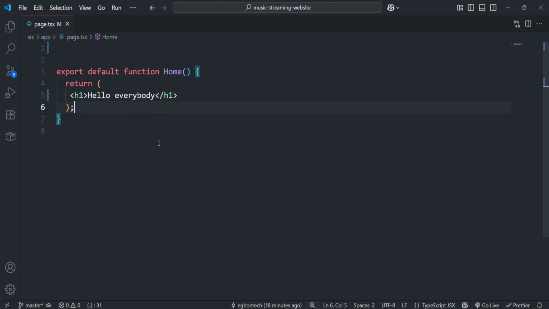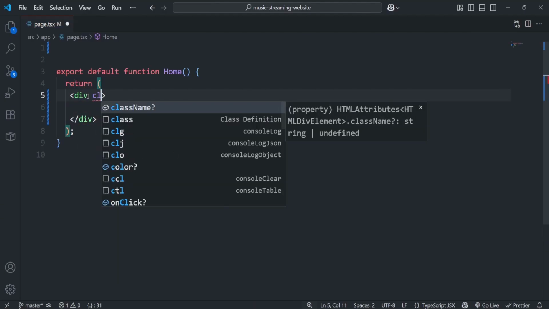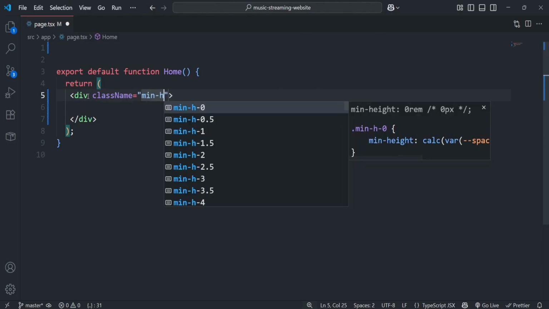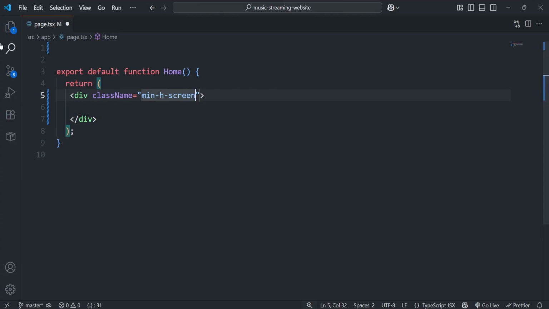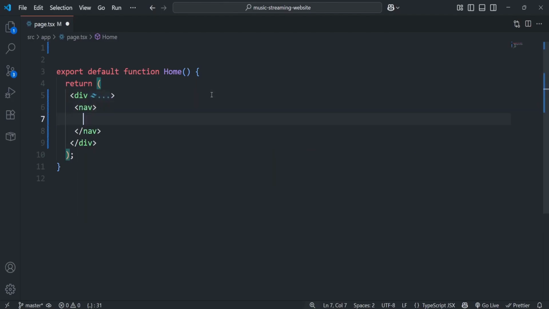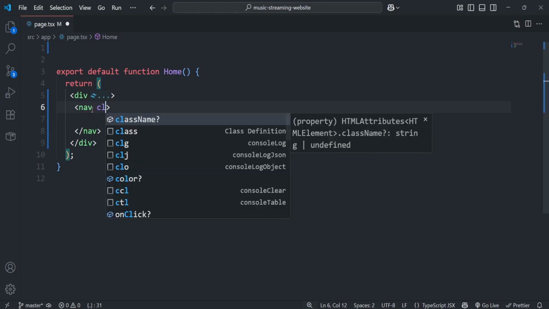So I'll close up this left sidebar. And inside this return statement, I'm going to create a div. This div, we're going to give this div a class of min-h-screen. And this is basically a minimum height of 100vh in CSS. And inside this div, we're going to create a nav tag for our navbar. This nav tag is going to have a class of